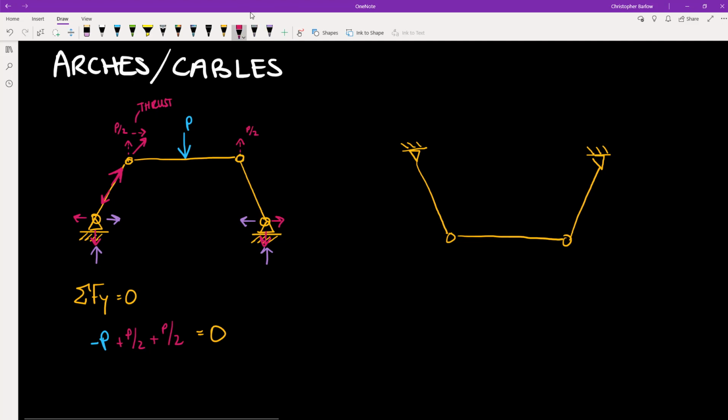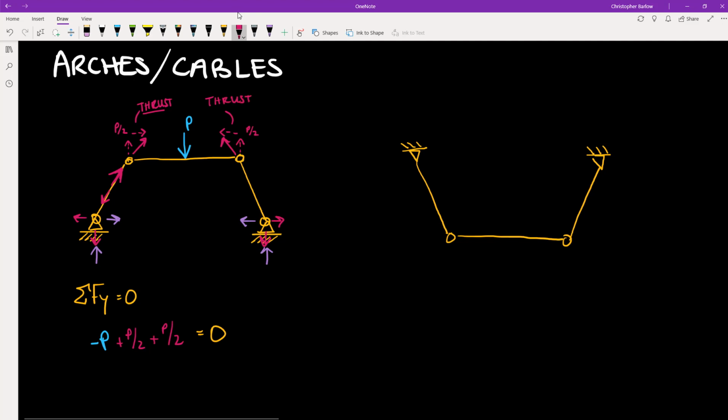And since we applied the load at the center of the arch, these internal forces, both the y component and the x component, are equal and opposite on both sides. So the thrust on the left side is equal to the thrust